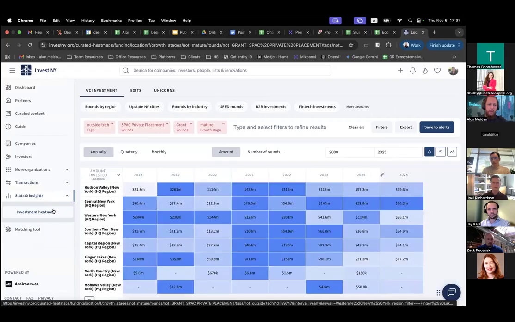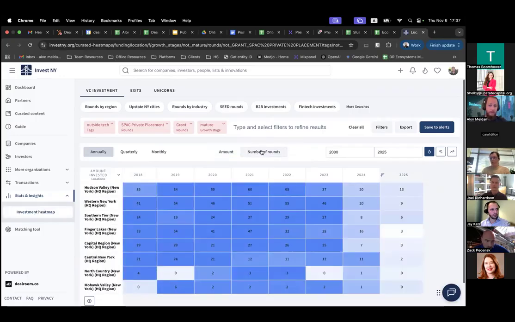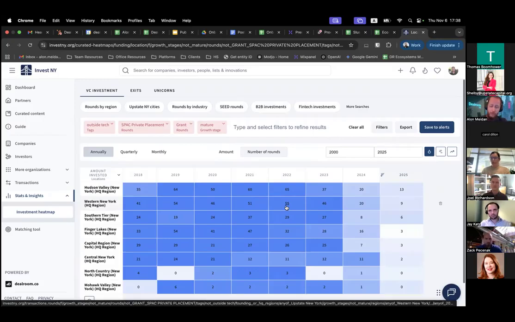Then we have our investment heat map. Our investment heat map is, again, a macro level tool to allow you to view investments through multiple lenses. The default one you see is by the regions, and we can flip here between amounts and, again, number of rounds. Any one of these little numbers is a hyperlink back to the funding rounds page that I've just shown you.